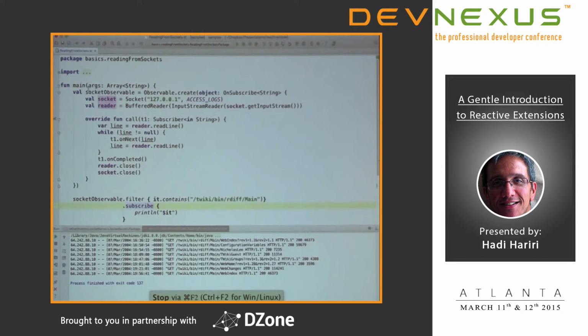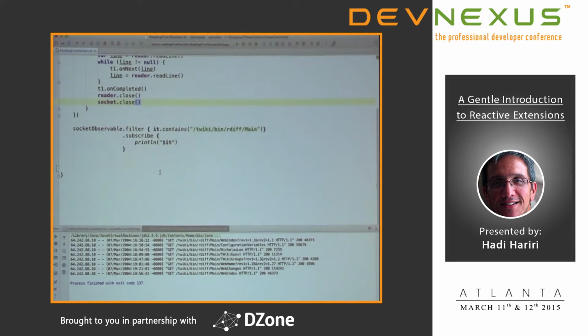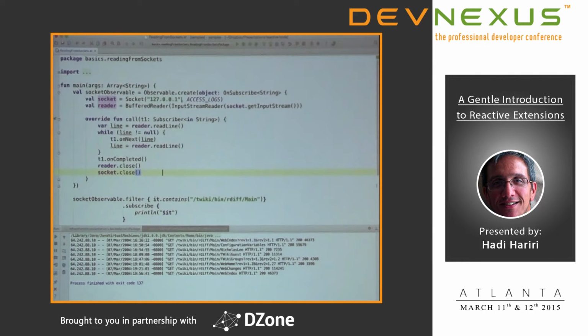And these kinds of calls that you're seeing here, of course, you don't have to implement manually, because that's where some of the extensions with RxJava come in. That's where RxNetty comes in. A lot of this is already done for you. And in fact, here what I'm doing is an on-call, and I'm actually creating a resource, and then I'm disposing of that resource. But there is an override of observable create. It's observable,